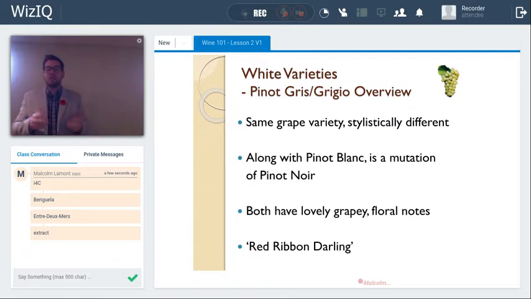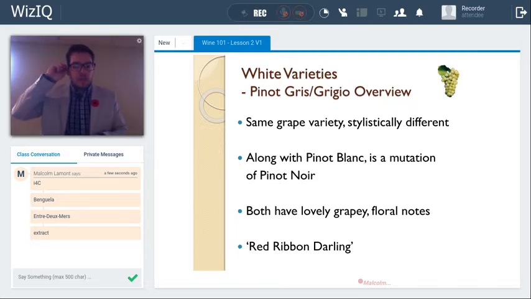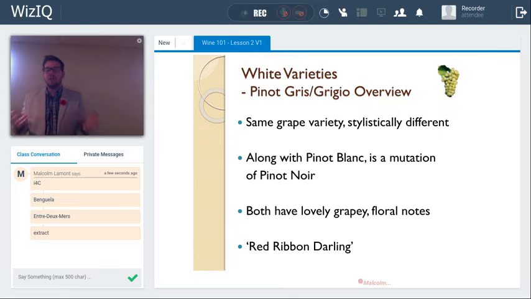These other world regions may often label it based on the style that they're trying to replicate, trying to produce the wine in. So Pinot Gris is a mutation of Pinot Noir. At some point in Pinot Noir's long genealogy, it's morphed, it's mutated into this gray-skinned grape variety, as opposed to Pinot Noir's black-skinned. And both Pinot Gris and Pinot Grigio often smell of grapes and flowers, really lovely floral